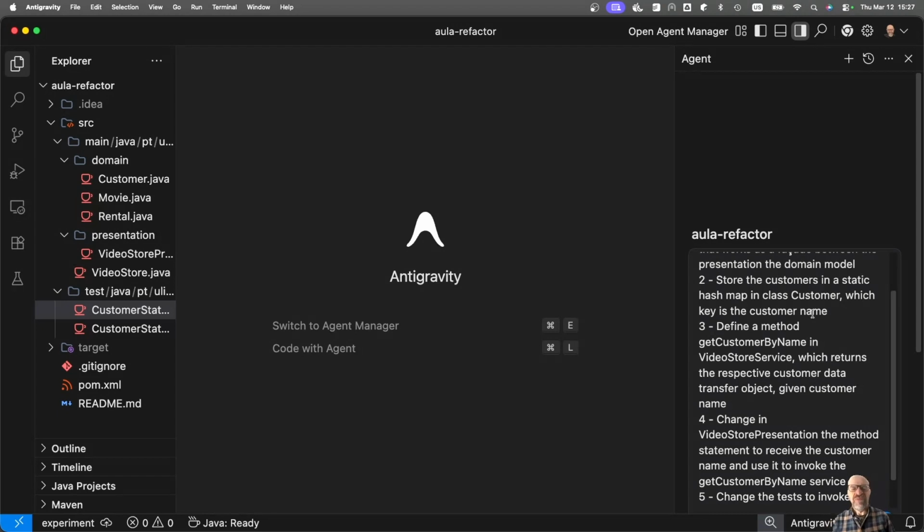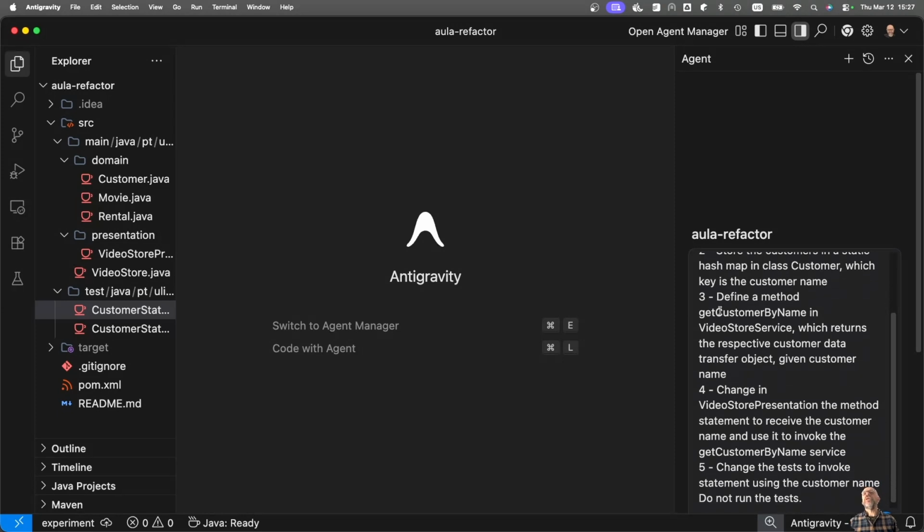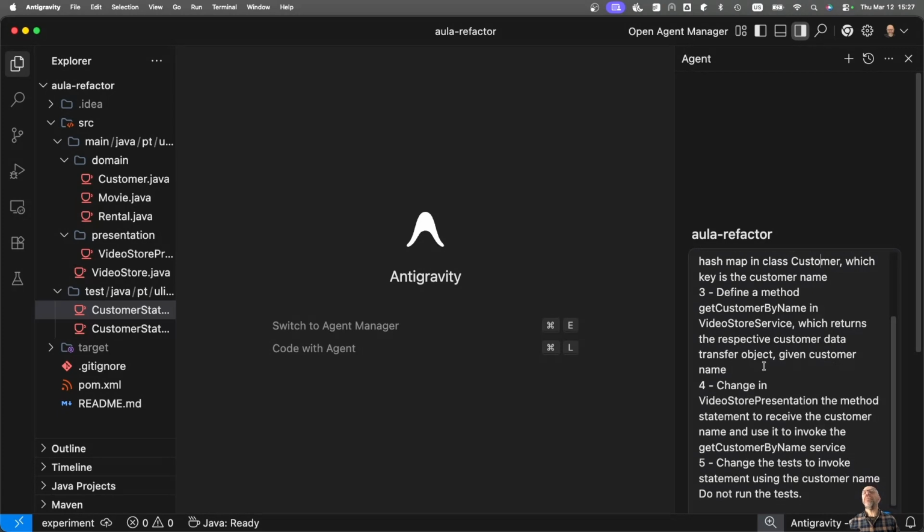So now we need to do the tests. We need to somehow represent the database layer, but we are not going to do it in this demonstration. So basically, I'm going to just define a static hash map where I store. So they are not persistent, but where I store during the execution, I can just get customers by key. Then define a method, which is get customer by name in the video store service, which returns the respective customer data transfer object given the customer name. And then change the store presentation